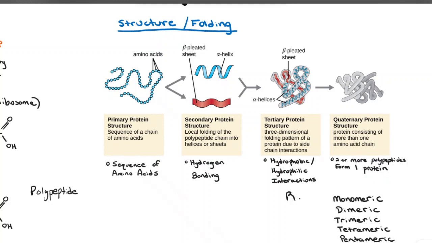And we can name these proteins based upon how many different types of polypeptides are involved. All right, so if we have a protein made up of multiple copies of one polypeptide sequence, we would call that a monomeric protein. All right, and if we have a protein which contains 2 different polypeptides, we call that a dimeric protein. 3 different polypeptides would give us a trimeric protein. 4 different types of polypeptides would give us a tetrameric protein, and you could keep on going.